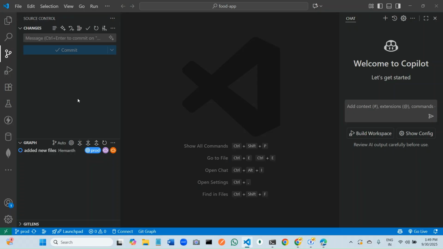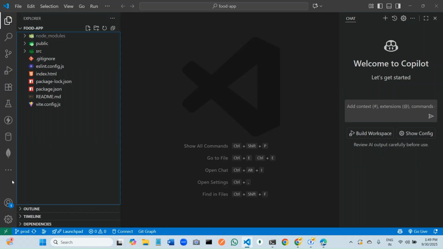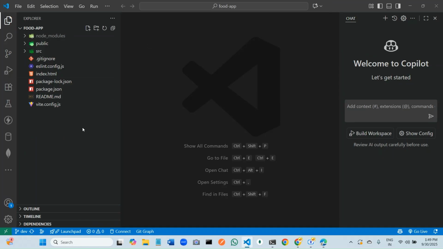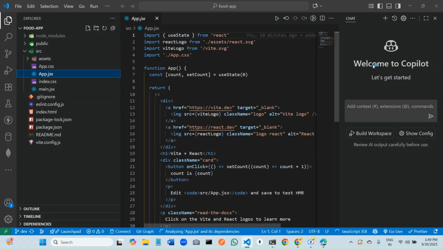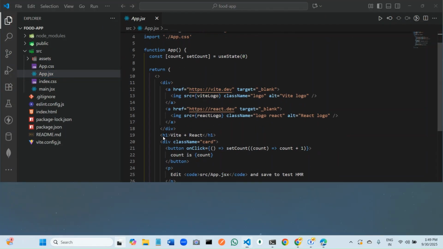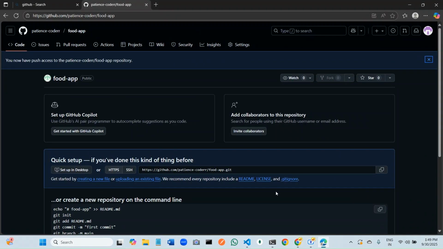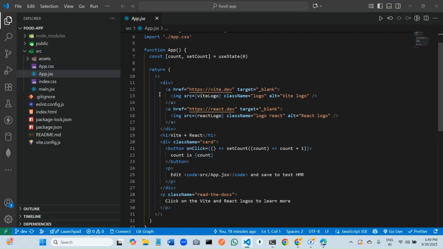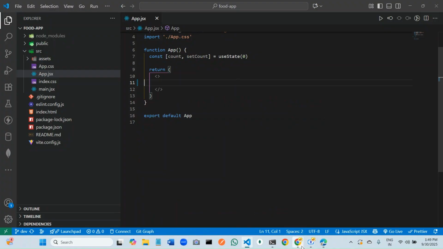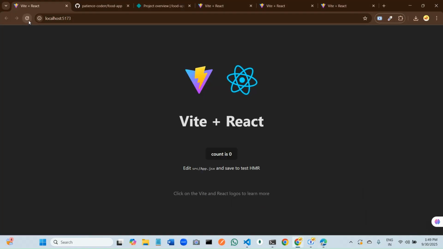So from here, let me go to the dev branch. So from here, if I go to this App.jsx, let me close this window. So here, instead of all of this content, if I remove this and go to the localhost and click on refresh,